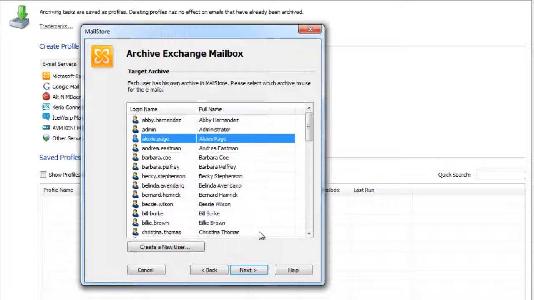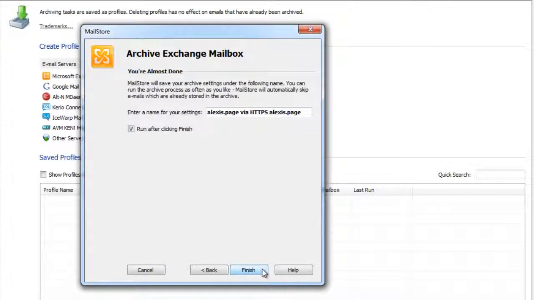As an administrator, we now have to select a user in whose archive to store the emails. If you set up an archiving profile as a normal user, MailStore automatically stores all email in the archive of the logged in user. Once again, we click on Next in order to get to the last step of the